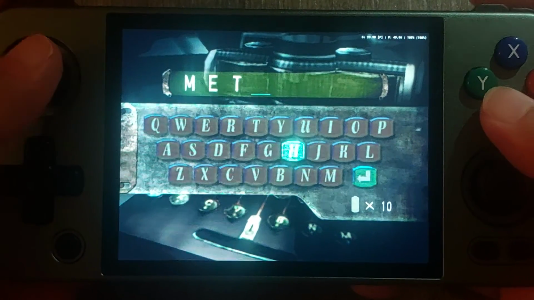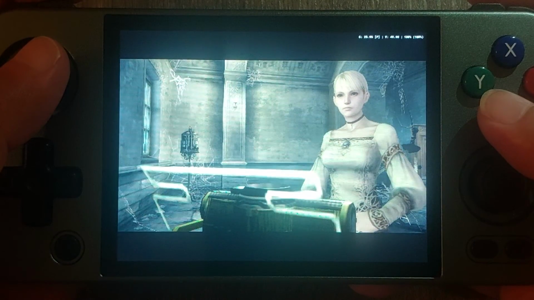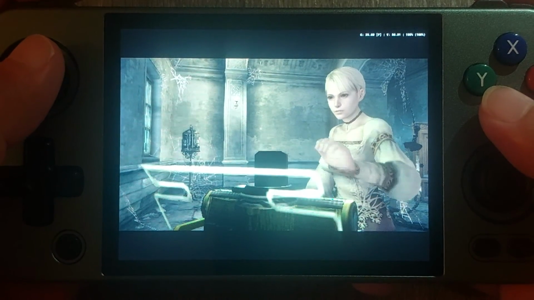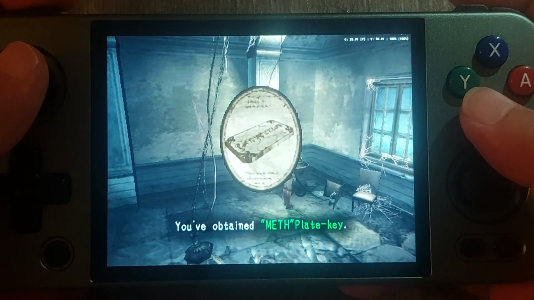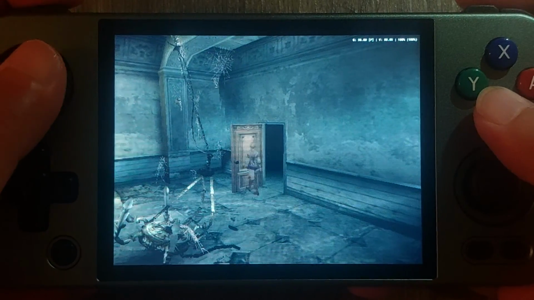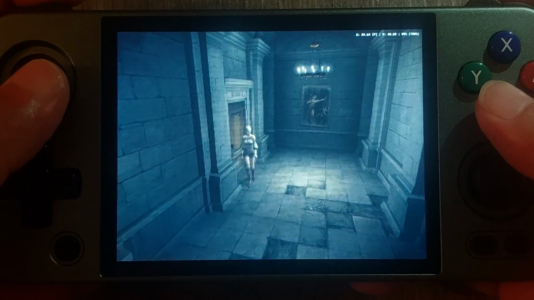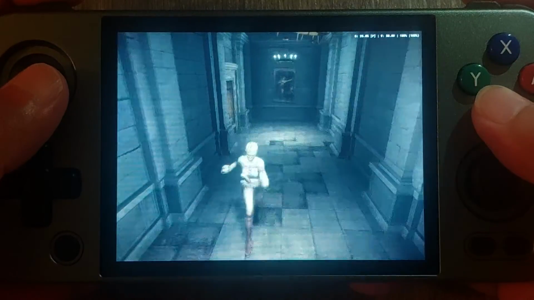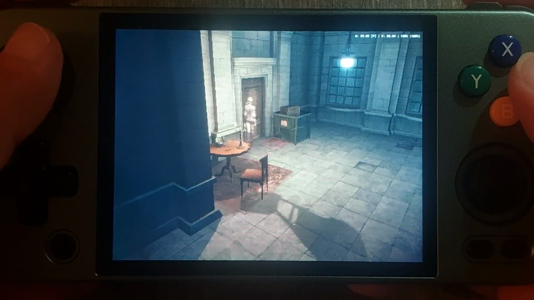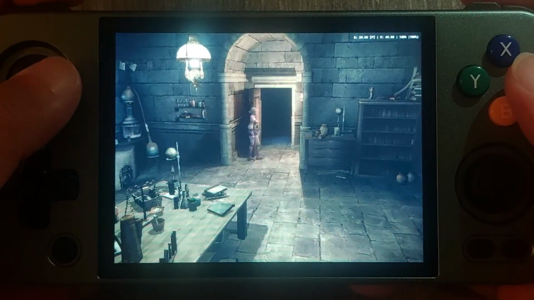Alright, I'm not gonna lie. I consulted the guide. And I know that Emeth is what we're supposed to type. But if we skip a letter, we're gonna get a bonus item. So I'm gonna go for the bonus item. Meth plate key. Normally you don't want anything to do with meth, but in this case you can type that in. And I hope the guide that I used was correct, right? Because it's gonna be embarrassing if...